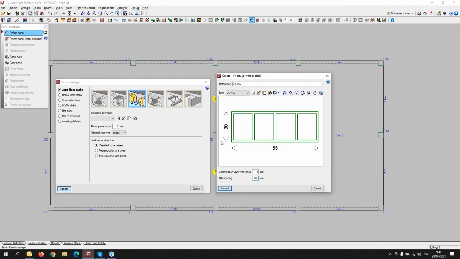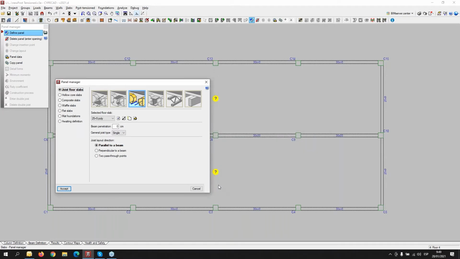So the rib will have a dimension of 18 centimeters thick. Here we will add the compression layer thickness, like a reference. We can accept here,